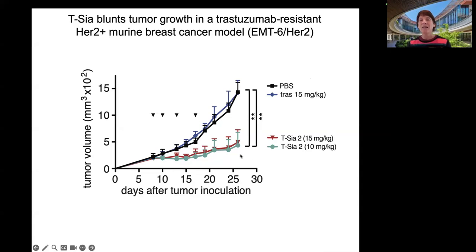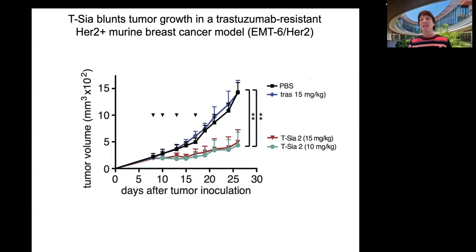And when we surgically removed these small tumors and looked at the cells in the tumors, what we found is the tumors were mostly made up of immune cells, and there were really no cancer cells left. So the immune cells had infiltrated the tumor, and those cells were killing the cancer cells. So it was really just almost like a scar and not a tumor. So this got us really excited, and